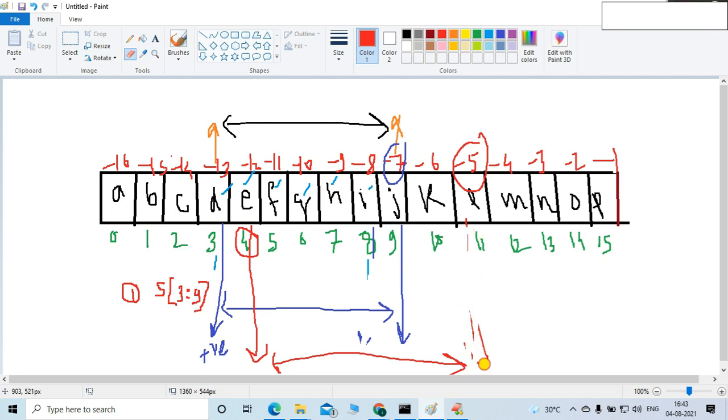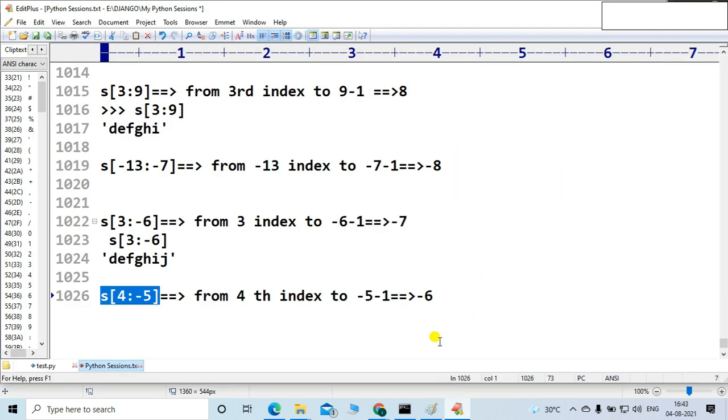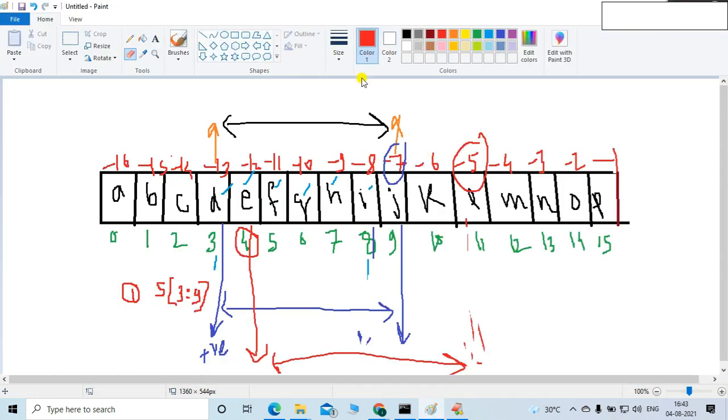I just mentioned the minus 5 position, because it's minus 6. So I just have to mention up to minus 6. Now it is correct. I don't have to consider the minus 7, because minus 5 minus 1 is minus 6. That result will come into the picture. E F G H I J K. Up to this, the result will come.